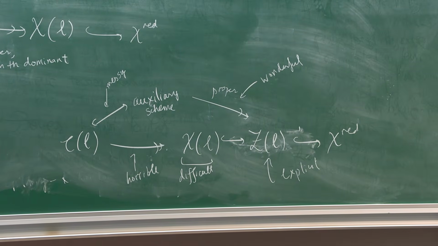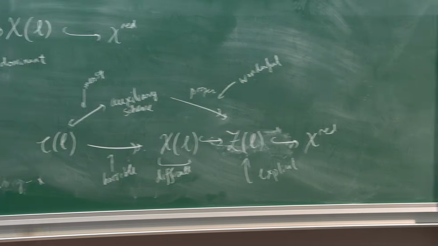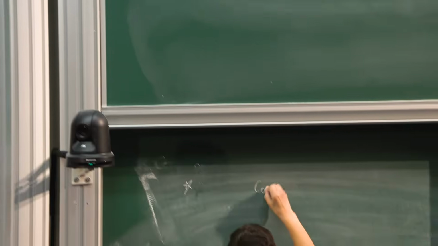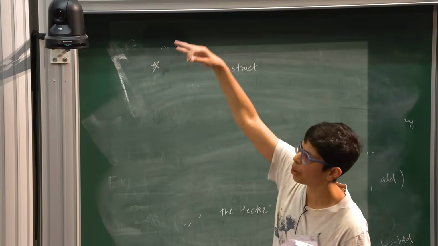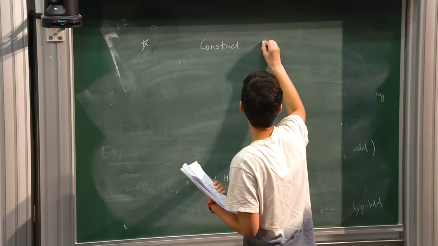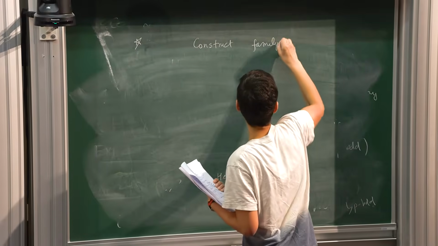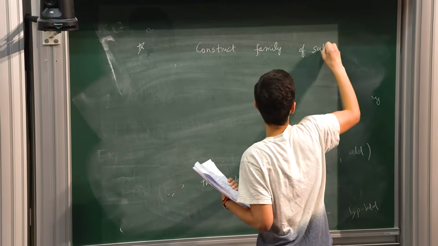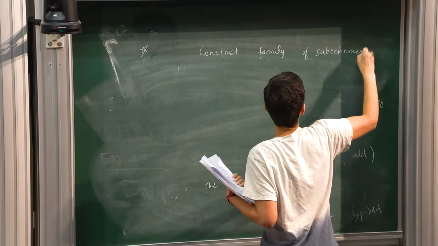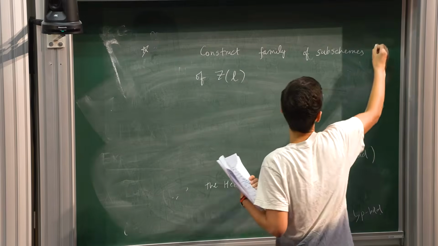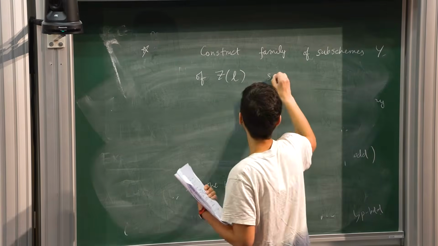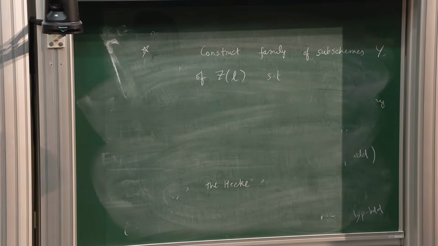So, right, the key construction to making this work is to construct a family of closed subschemes, because it's smooth locally, so you're actually working with schemes, construct a family of closed subschemes Y of ZL, let's call this map Q,